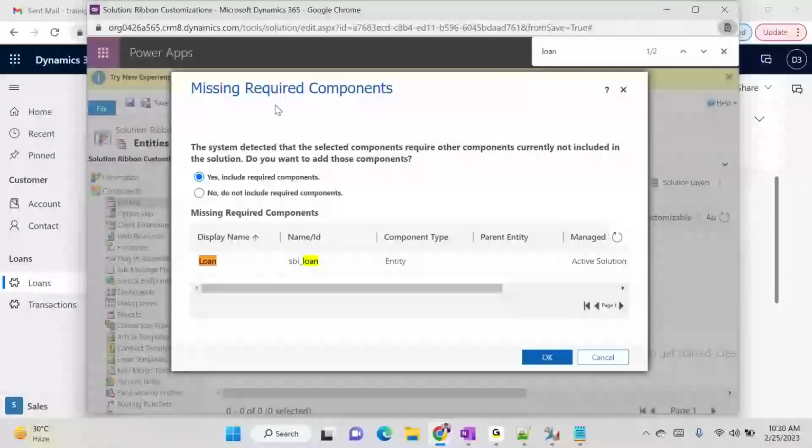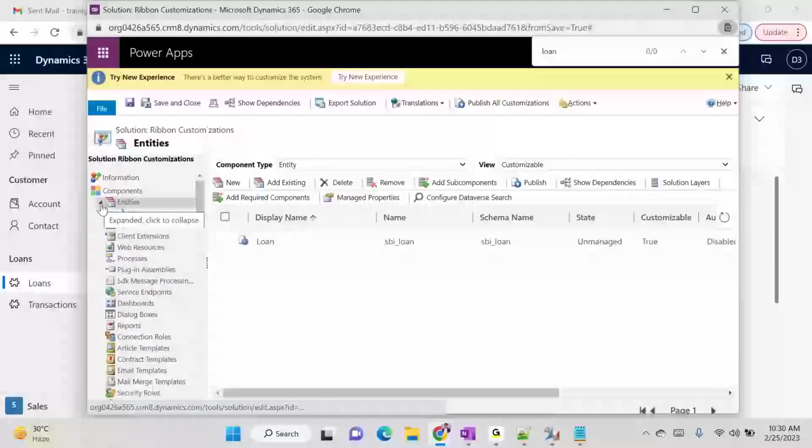So once we click on add, we will get this prompt where we can select the include required components. In entity, we will be having some required components. Now we just wanted to add the entity. We can click on no, do not include any required component, because we don't want to add any extra component